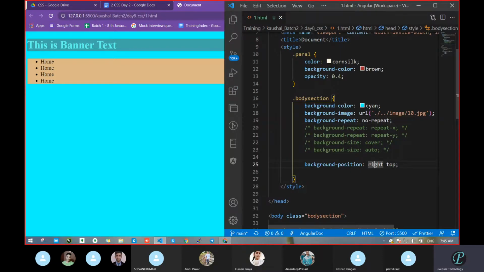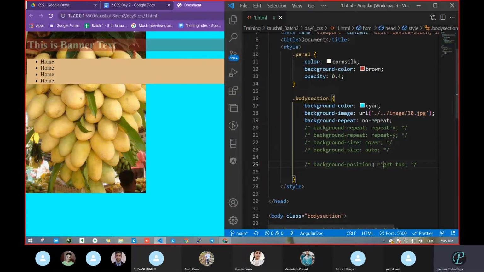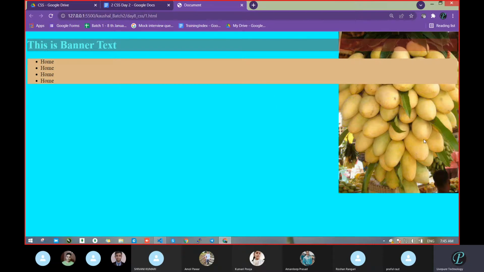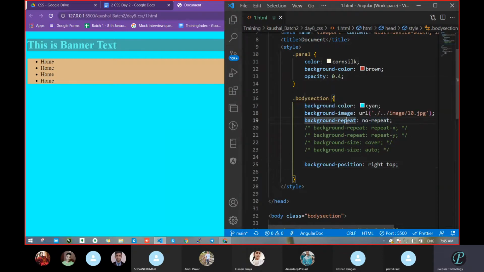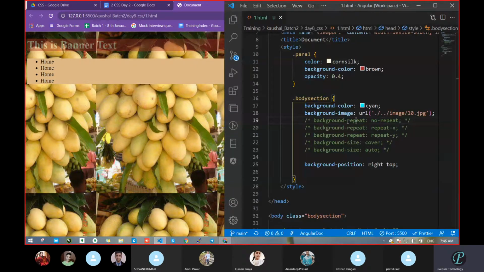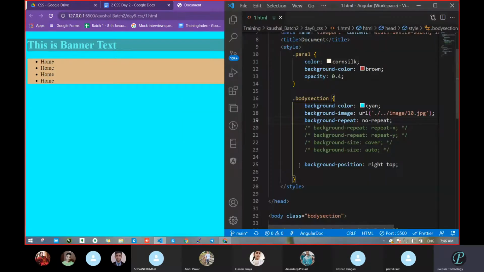Let's comment this out. And first think, where is that image? That image is on the left side. Now I have passed a background position. Comment out this one and let's save. Where did that image go? This image went to the right side and top. Correct? So how did that happen? Previously, why was it not coming? Because we had removed this one, background repeat, no repeat. That's why the image was repeating. But if the image is repeating, we can't get that exact property because it is repeating and occupying the full space. So we had to stop that repetition, and after that we moved to the background position property, right top.